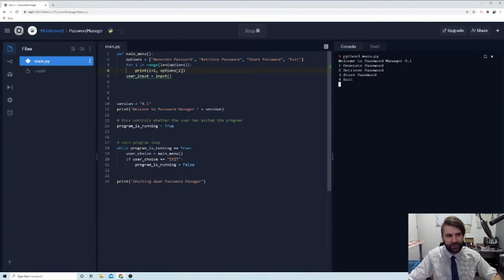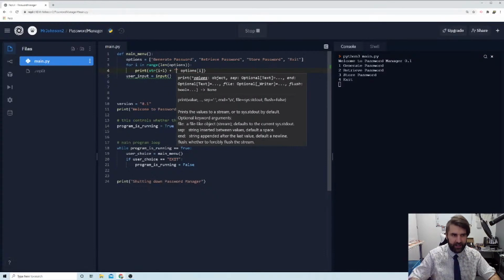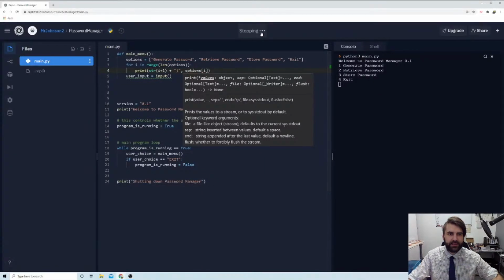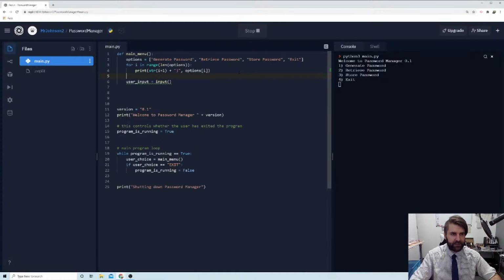And what I could do is, we could be clever about this. We might actually use str here, and we might add in a little bracket. Okay, and then we might have our options. And so now it's just kind of a nicer list. So we are now going to tell the user to pick an option from the list above. So we're going to say, please pick an option from the list above. Okay,